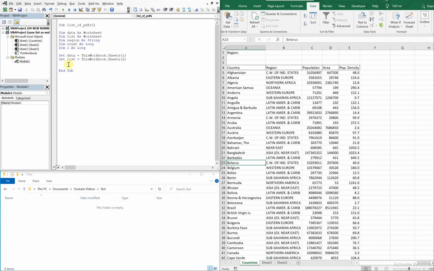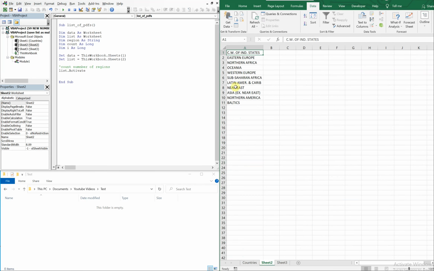Alright, so now let's go ahead and add a comment here. So we're going to first count the number of regions, and what we're going to do is just activate our list sheet. So we're going to activate this sheet and then count the number of regions, and we'll just set count equal to